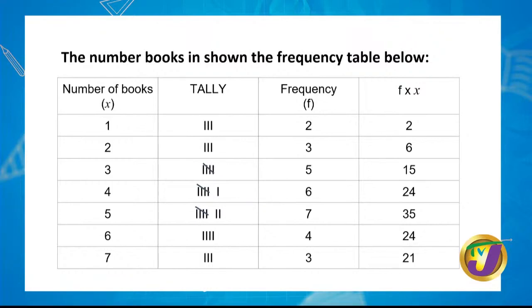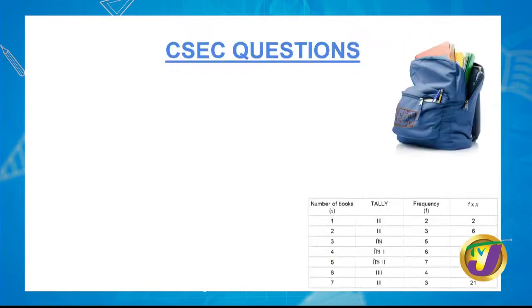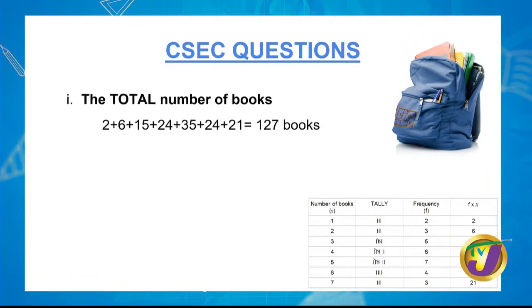So in order to find the total number of books for the entire class of 30, we would need to find the total of that column that says frequency times X, frequency times the number of books. All right, so the total number of books in all the 30 students' bags is a whopping